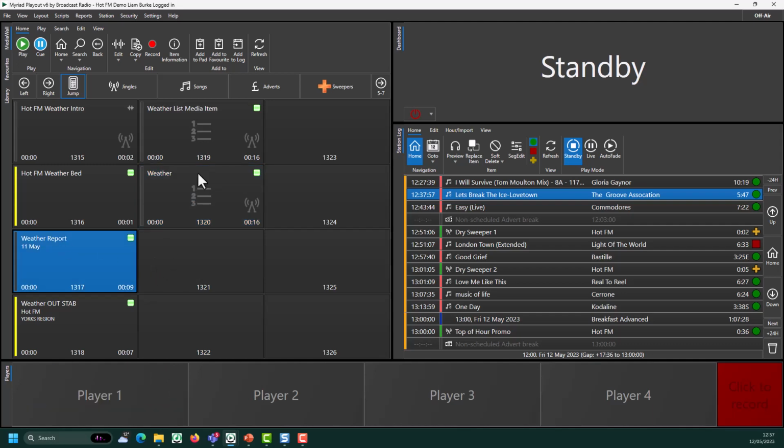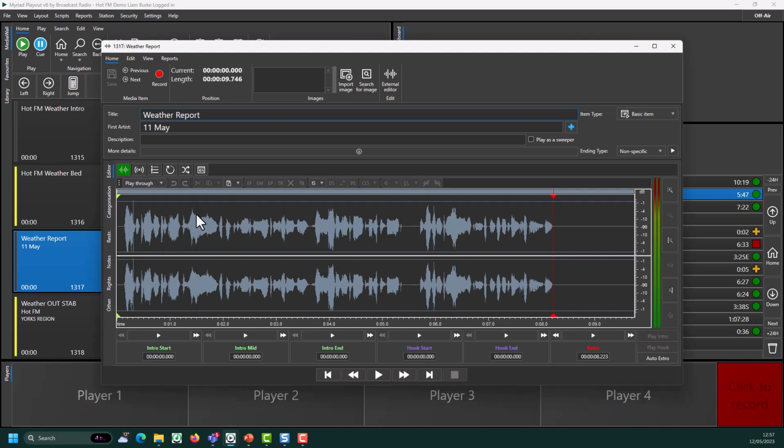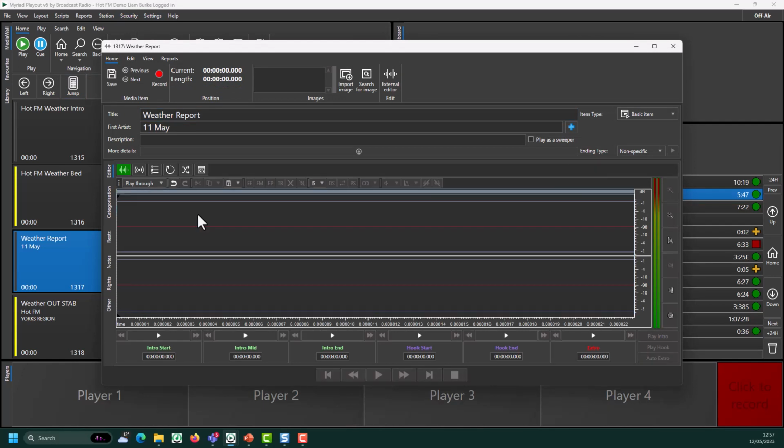So now you can see the weather is completed, and if we drag it into a player, it should play exactly as before. And the great thing about doing this is if I then was to go into this media item and record a new weather,